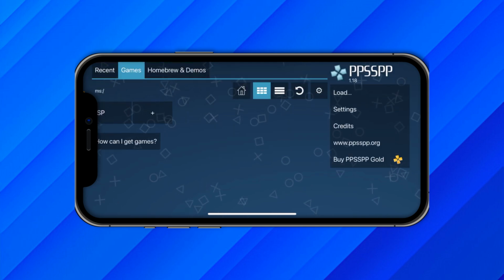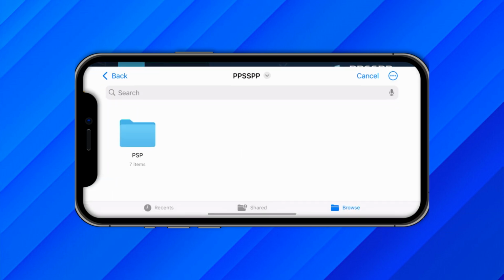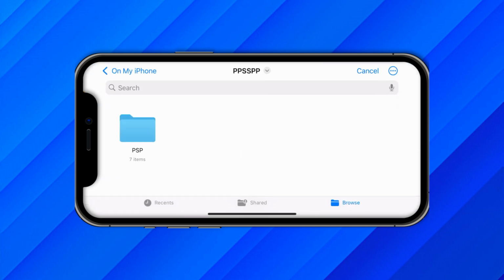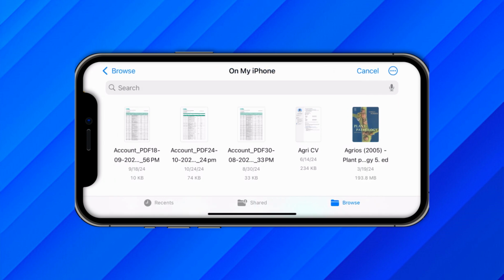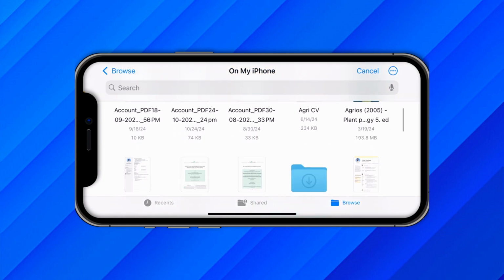So let it load, and once you're on this section what you need to do is just click on the load on the right side of the screen, and once you click on load it will take you to this section from like your my files on your mobile phone. And from this section what you need to do is just make sure to choose the right application whatever you